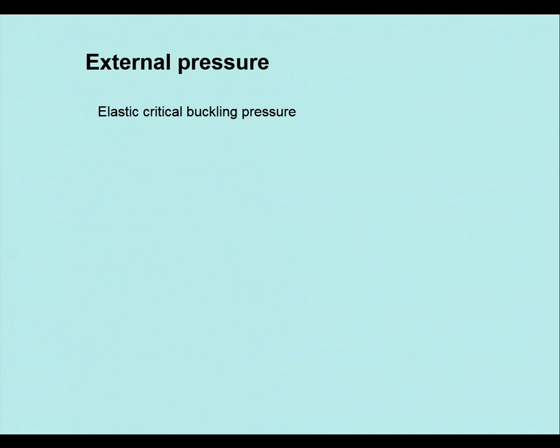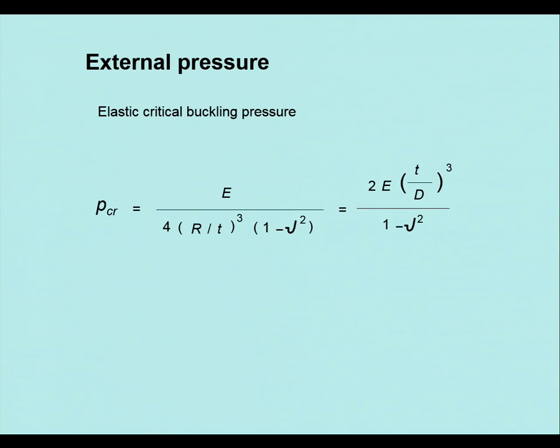So we now can establish an elastic critical buckling pressure. In other words, if I take a theoretical perfectly round pipe, then I can establish the elastic critical pressure at which it will collapse or buckle, and that is a function of, transposing that, 2E times (t/D) to the power of 3 over 1 minus